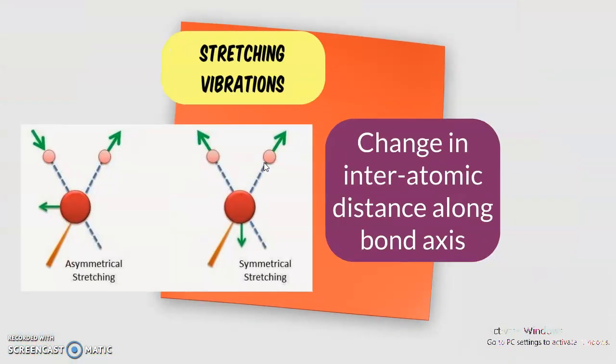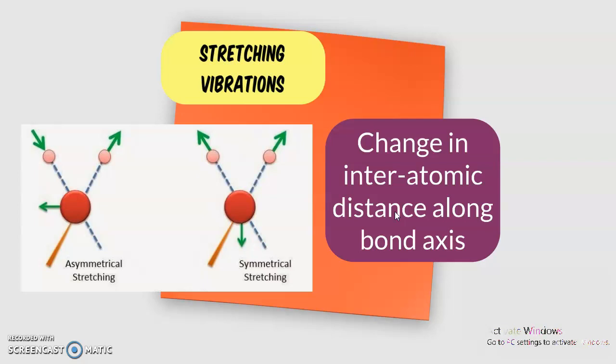So coming to molecular vibrations, there are two types. One is stretching vibrations. What are stretching vibrations? A change in the interatomic distance along the bond axis. So for any bond, I have a bond between two atoms here. If the interatomic distance changes, it is due to stretching. So you have all seen that I have something like this, and the interatomic distance is changing, and if both are happening in the same pattern, it is a symmetrical stretching.